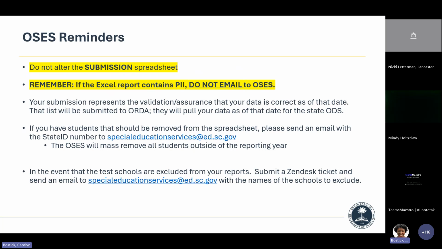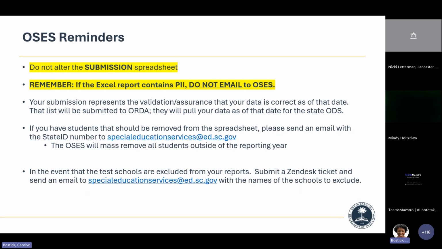Just as a reminder, please do not alter the submission spreadsheet, meaning do not insert columns, do not remove columns or rows. However that spreadsheet is downloaded from the system, make your changes within the spreadsheet, within the cells, but do not insert or remove columns.